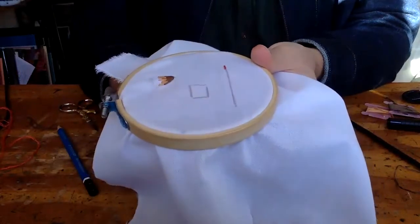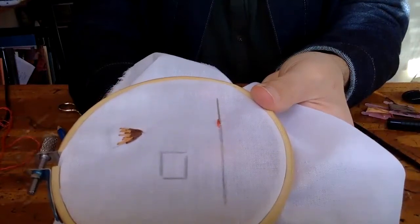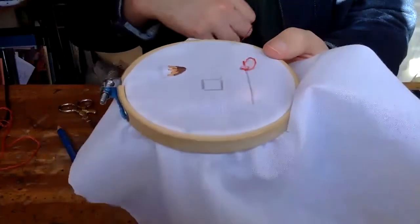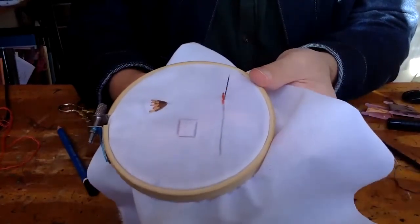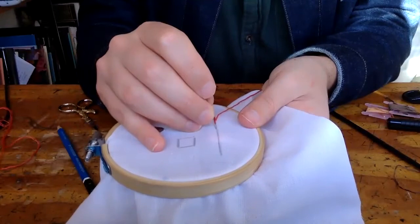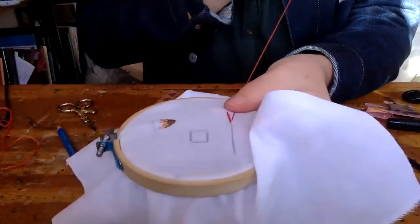Very simple. Then you're going to come up on one side, in the middle and to the side, similar to how we've been doing with the brick stitch and the fanning stitch. Come up and then go forwards. When you go down, you'll be going on the line. Then you come up on the same side that you came up before. So in my case, I'm coming up on the left-hand side. So I'm always going to come up on that side, and I'm always going to be going forwards, landing on the line, which will make sure that my stitch is straight,